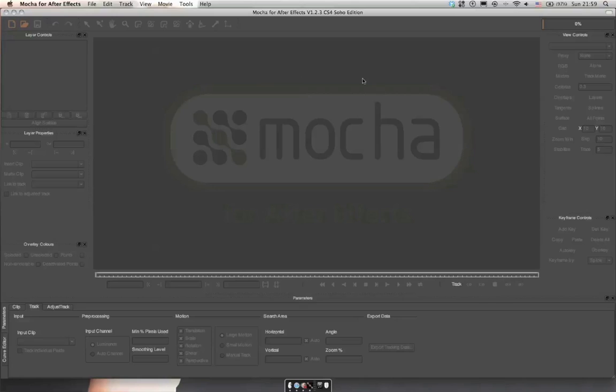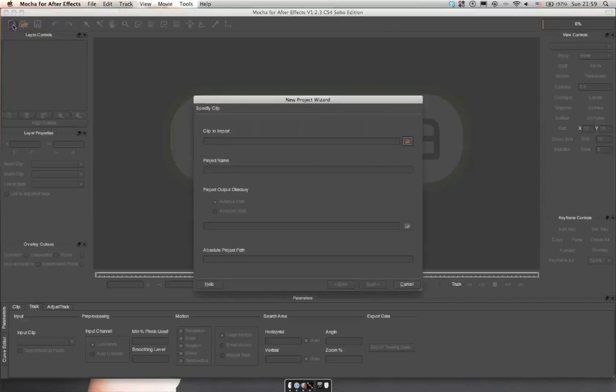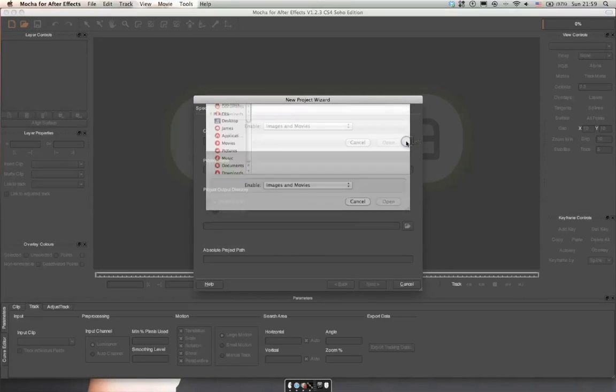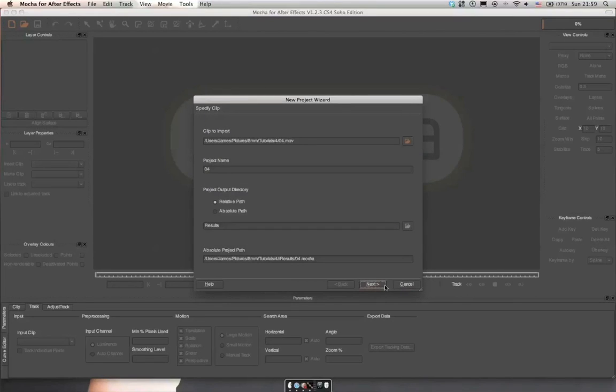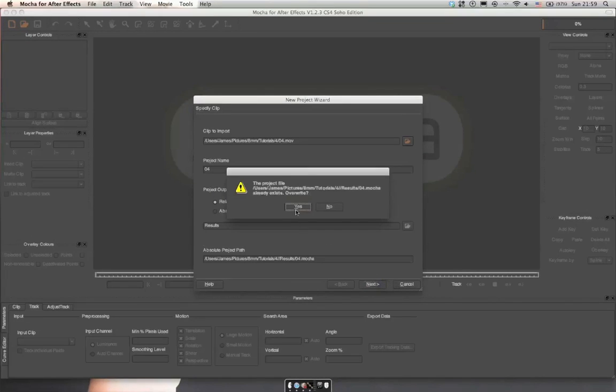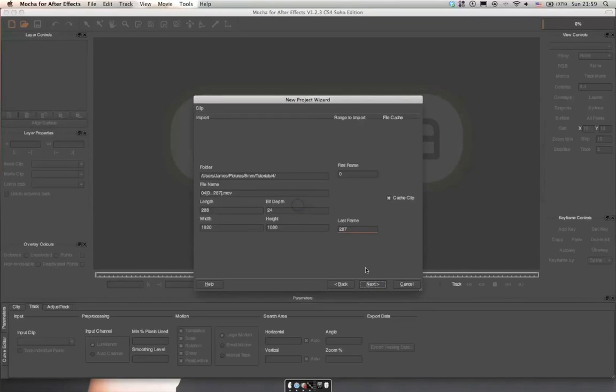So you see I have Mocha open up here. We're going to go ahead and create a new project file, and it's going to ask us for a clip to import. I'm going to go ahead and select the clip I'm going to use and click next, and I'll overwrite the previous stuff. As we move along, it's going to automatically fill in the values with the width and height as well as the length in frames. Going to go to next,